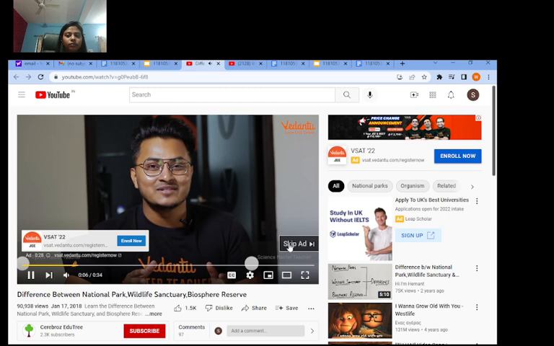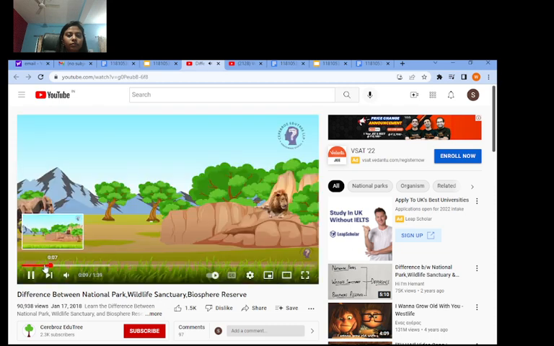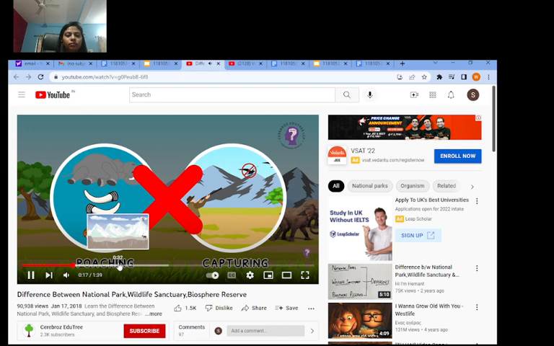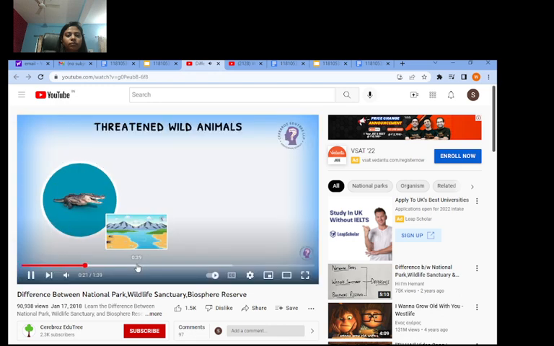What is the difference between a sanctuary and a reserve? Sanctuaries provide protection and suitable living conditions to wild animals. They are places where poaching or capturing of animals is strictly prohibited. Some of the threatened wild animals like marsh crocodile, python, rhinoceros, etc. are protected and preserved in our wildlife sanctuaries. Indian sanctuaries have unique landscapes ranging from broad-leaved and mountain forests to bushlands in deltas of big rivers.